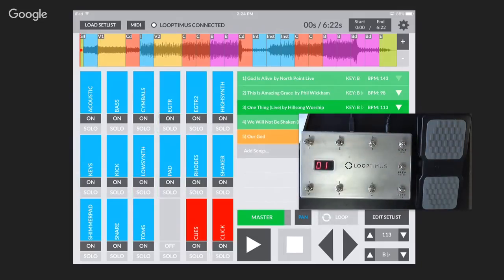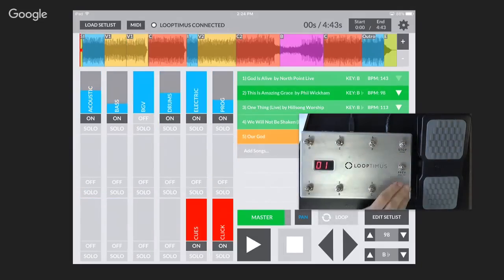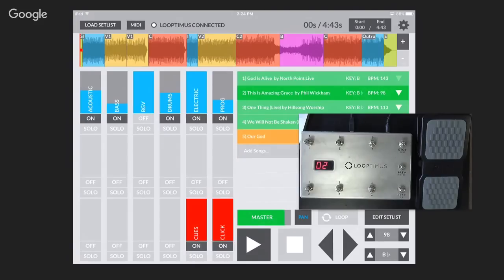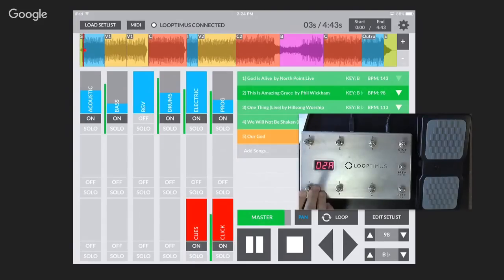I believe some of this is in here. I have it saved here to the next bank. If you see at the top there, I have those sections pre-mapped already. Again, you can do this with the Looptimus or whatever controller you're using. I'm going to hit MIDI again just to show you that they were assigned. So this first button here is this track. So in this song bank 2,